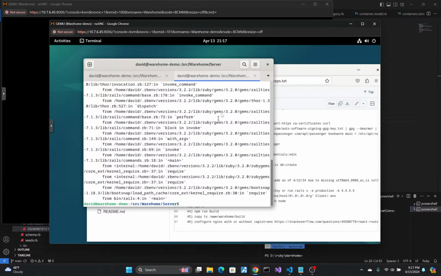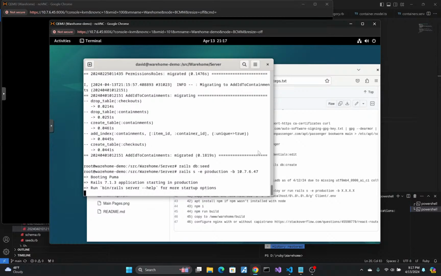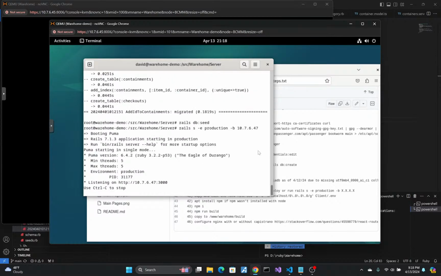And no. So it has to be run from superuser anyway. Rails S. Although I think because we have the environment variable set to production, we don't have to add the E flag as well. It's kind of a hat on a hat, but yep. We now have a Rails server running, and we can check that